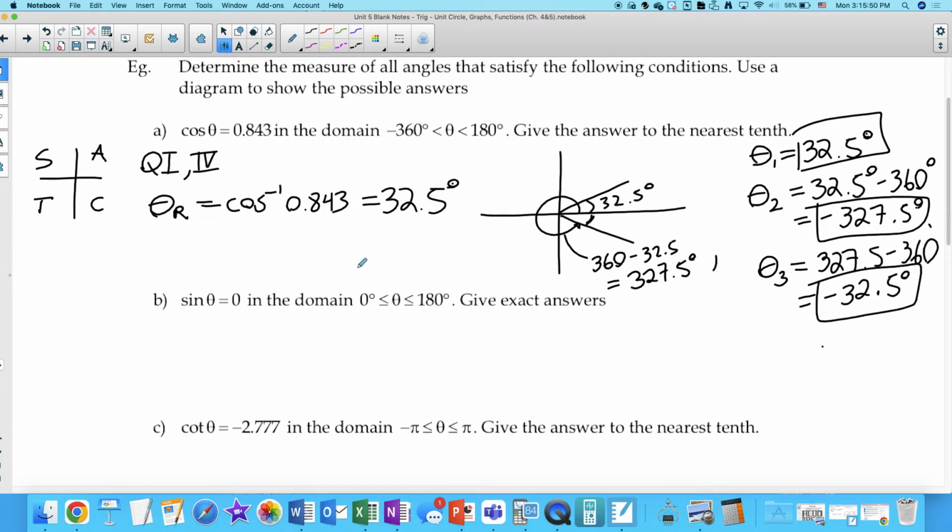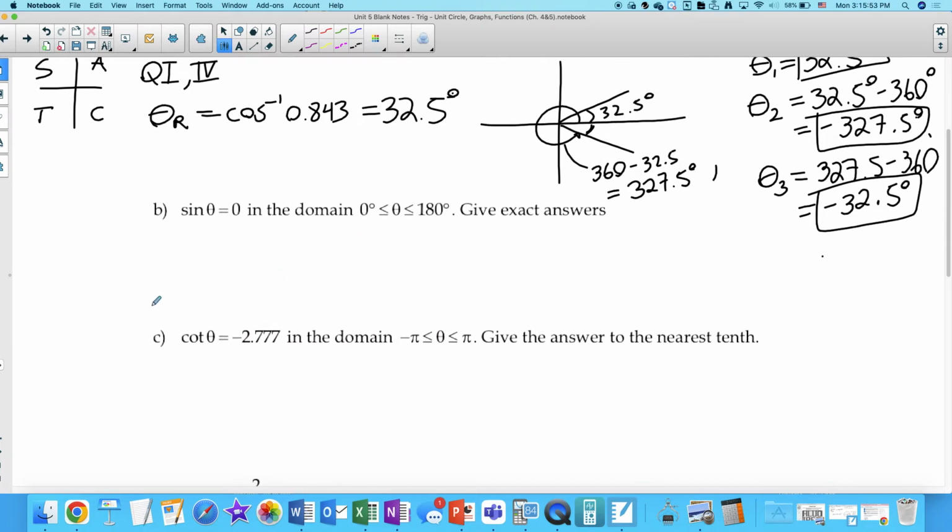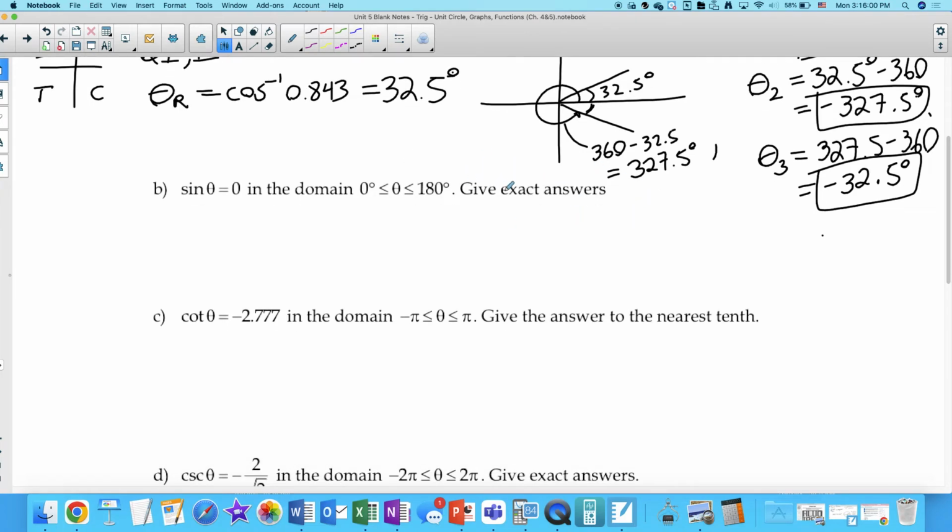Second, sine theta equals 0, and we're working with the domain from 0 to 180. This is where we want exact answers. This is where it's helpful to think about your unit circle. Where does sine theta show up? Which coordinate? Y. Yes. So where is y equal to 0 on the unit circle? 0 degrees. And then here, what's the angle for this guy? 180. Yeah. So the angles that work here would be 0 degrees